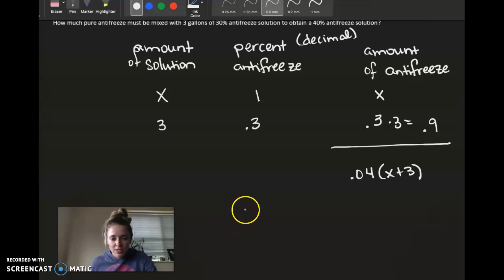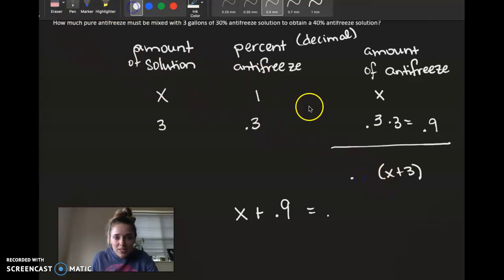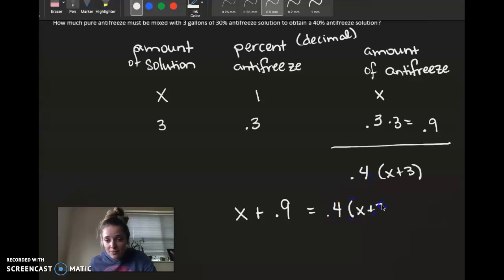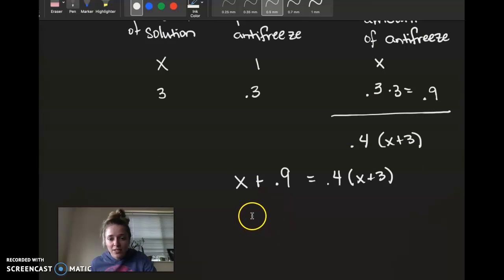So we have our equation, because it's going to be the pure antifreeze plus the 30%, which was 0.9 gallons of antifreeze, equals, and I did this again, we don't want 4%, we want 40%, which is 0.4. We want 40% of everything that we've got, which is going to be the x gallons of the pure solution plus the 3 gallons of the 30%. So simplifying here, I can't do anything to the left-hand side, so that stays the same. And then on the right-hand side, I can distribute that 0.4. So I have 0.4x plus